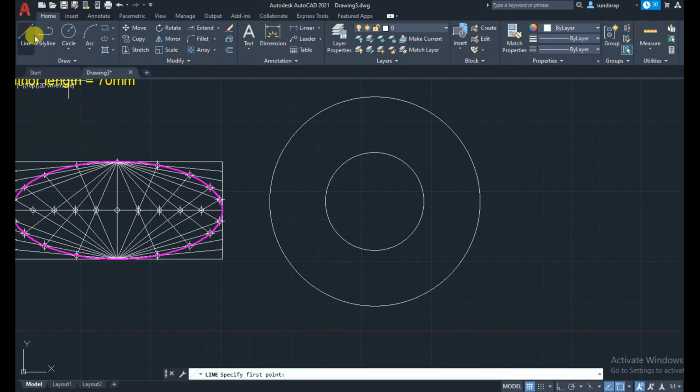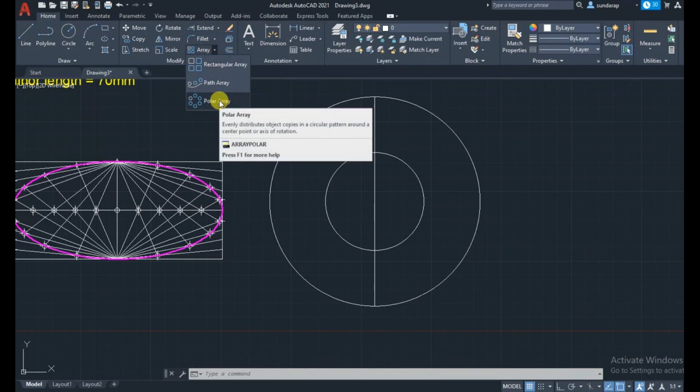Then similarly, divide the 2 circles into equal parts. For that, first draw one vertical line, then use the array command. This is circular, so you can use polar array.